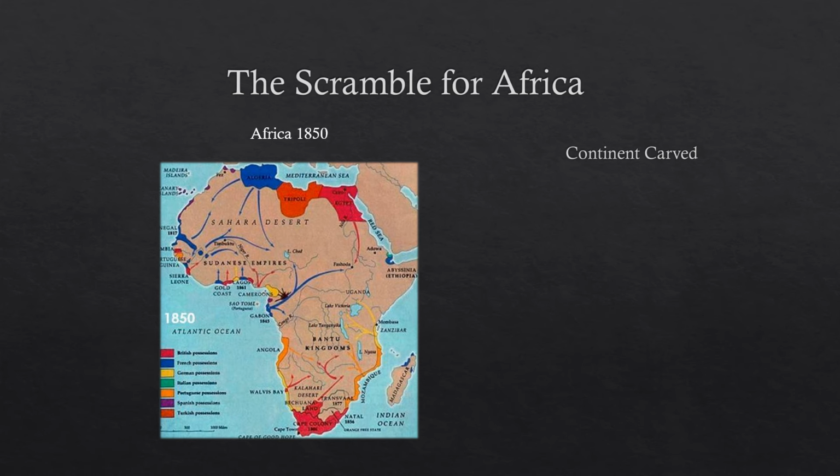Now, to be fair, Europeans had begun to make some inroads in North Africa, which has a more Mediterranean climate. Along the coast, for centuries, Europeans had set up little bases early on for slave trading. Southern Africa had been colonized first by the Dutch and then by the English. And so there was a presence, but only about 10% of Africa had been industrialized. But that began to change